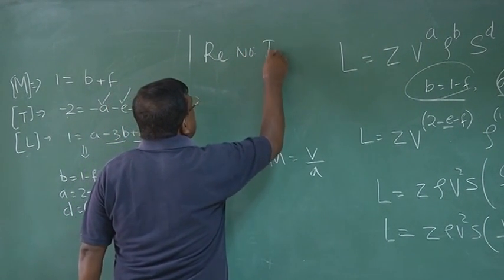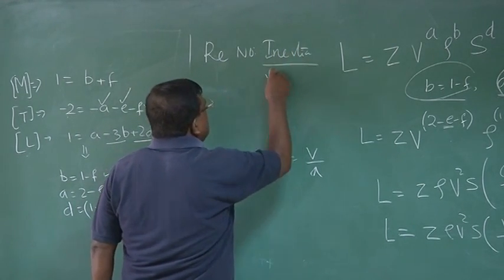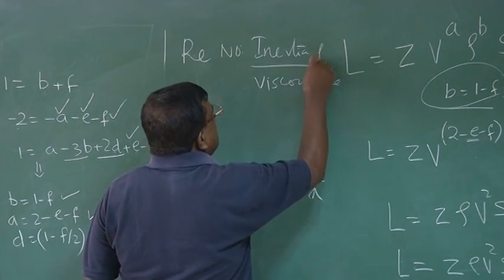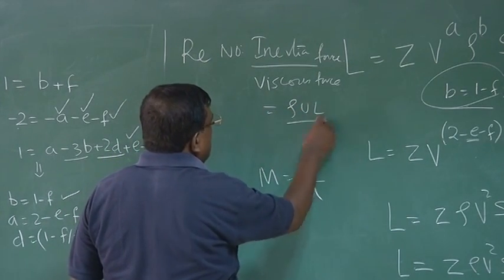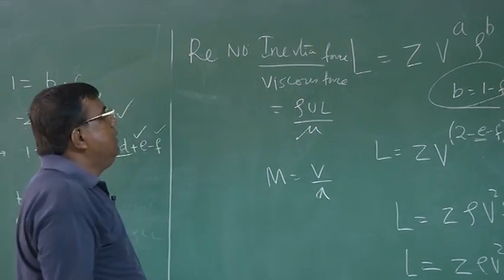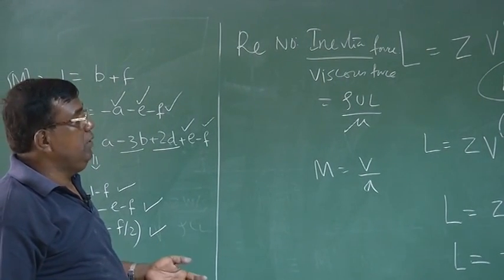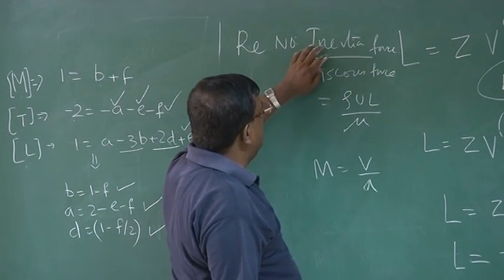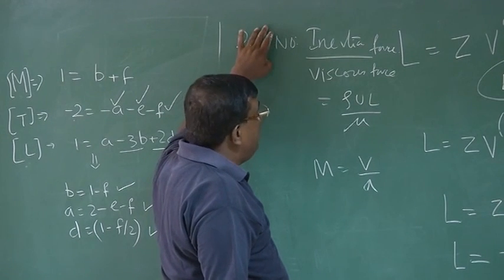Okay, let's see Reynolds number. Typically, it is the ratio of inertia force versus viscous force, which can be shown to be rho U L by mu, where L is the characteristic length and mu the coefficient of viscosity. Physically, if you want to understand Reynolds number, if the flow is having a high Reynolds number,